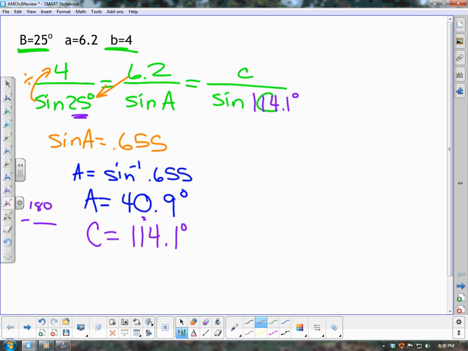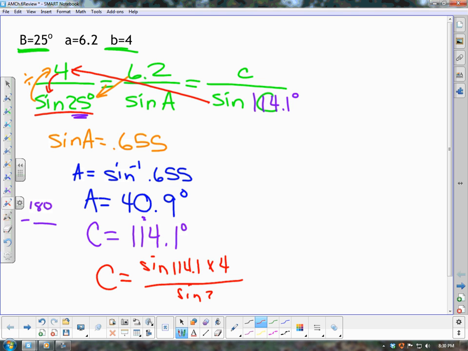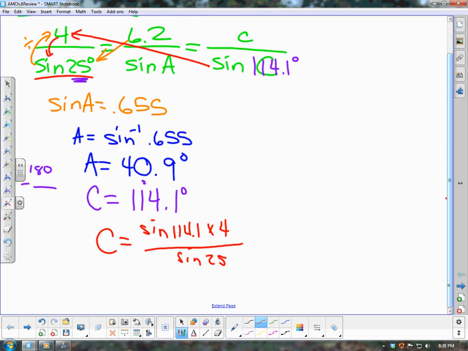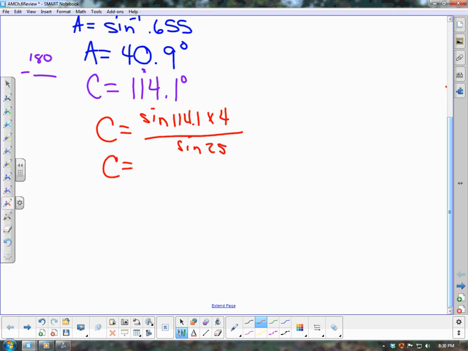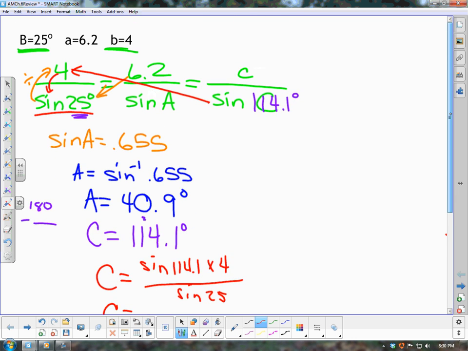you would take sine of 114.1 times 4, divide it by sine of 25, and then you would get C is equal to 8.639. Now, you are not done with this particular problem yet, because anytime you use the law of sines and